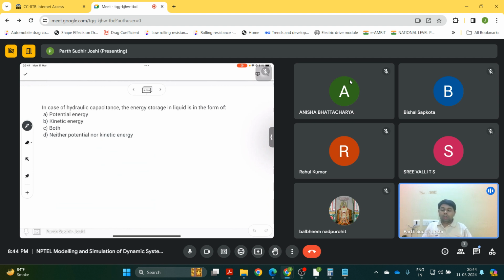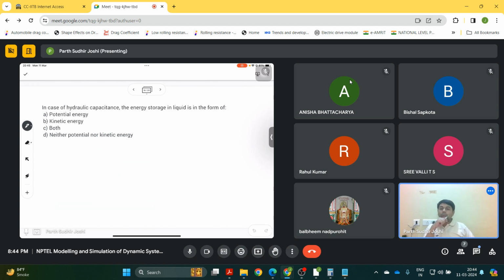So in case of hydraulic capacitance, the energy storage in the liquid is in which form of the energy? So how do we answer that? Right. Yes. So it is in the form of potential energy. So the height of the liquid column, so that will lead to basically the pressure,